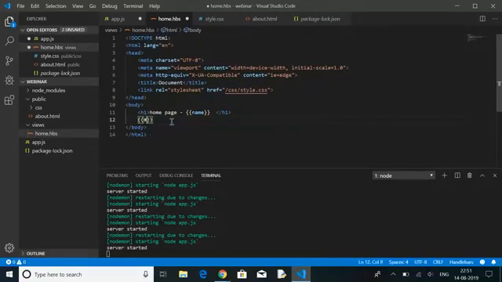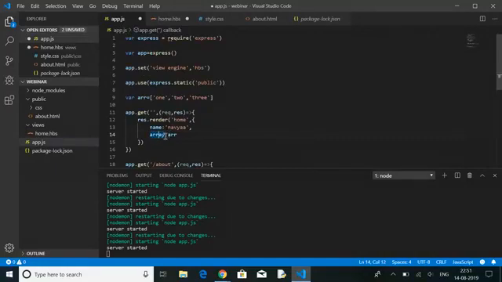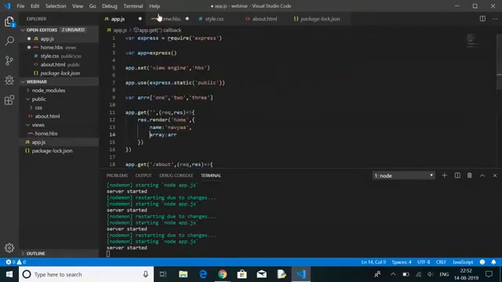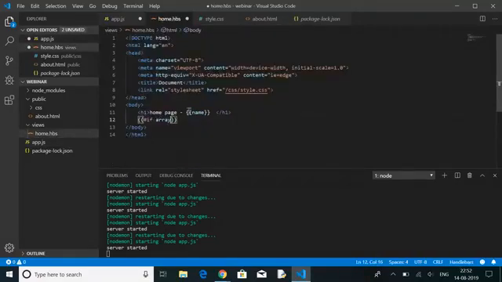If this is the syntax for doing conditioning within the HBS file, if I say if array, that means array here is the value of the key. This is the key, and it directly needs to be referenced here. So it says that if array exists, like if it has some content, if its length is not 0, then